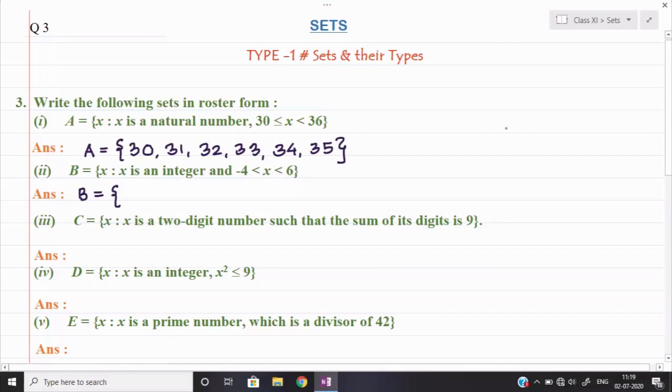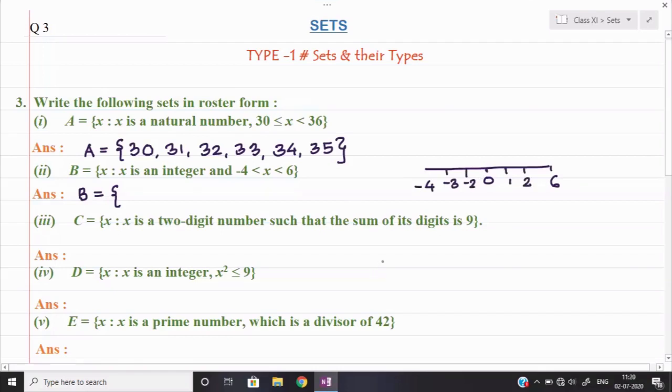So suppose I draw a number line over here and show you. Here in the number line I can say the middle value is 0. At the end of the number line I am closing with 6. Okay, and here I can say it is -4. So observe, after -4 who will come? -3 will come. Then after -3 who will come? -2 will come. Then -1, 0. Then here it will come 1, then 2, and it will go up till 6.